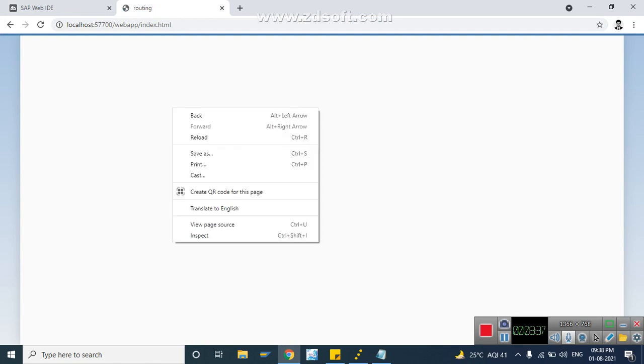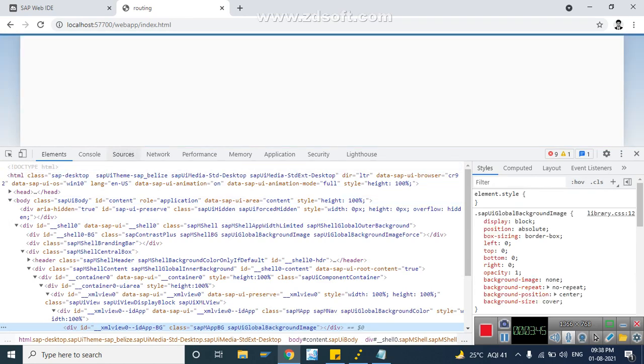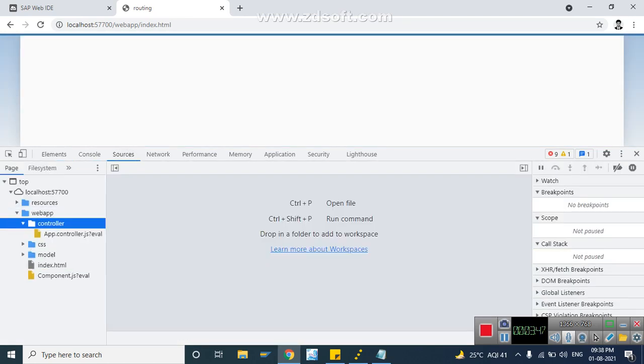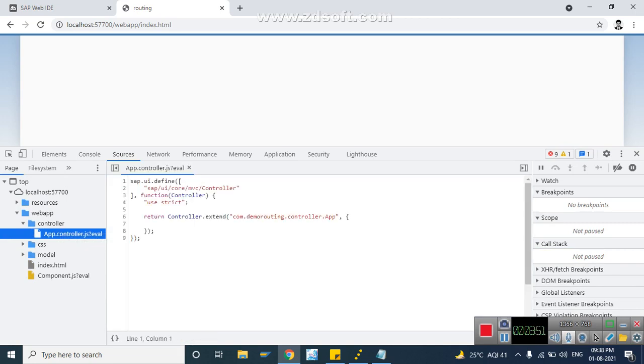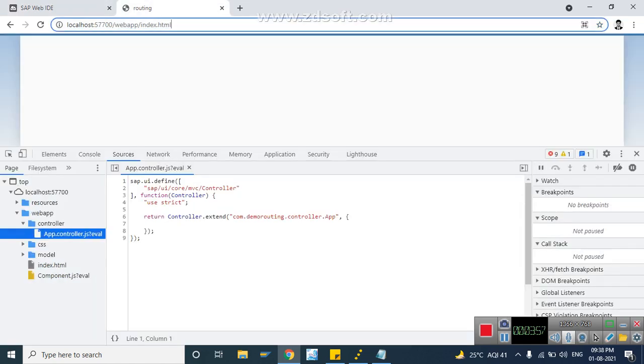If you want to see which files are loaded, right click, go to inspect, go to source, controller. You see only the app controller is loaded. Why? Because the pattern is not matched with the URL pattern.